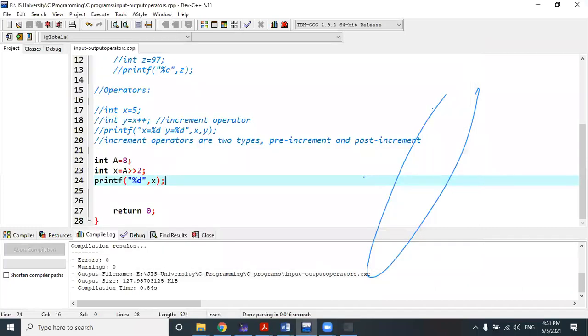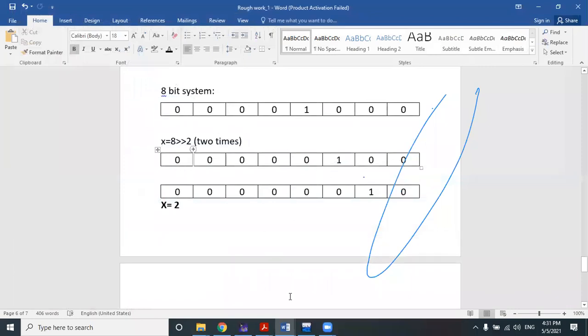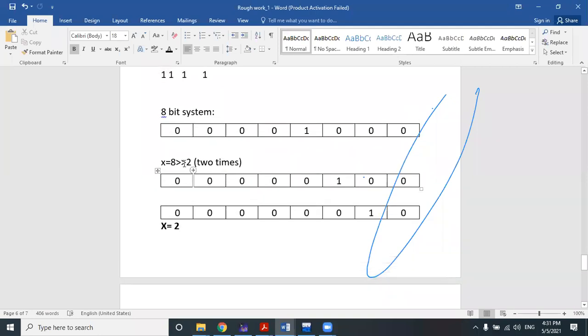Everyone clear? Did you understand? This is the actual logic happening at the memory location at the back end of the compiler. We didn't see it. The compiler does that same job for you, but the actual shifting happens in this way. Now, everyone tell me, what is the job of this? You tell me, I will write: 8 left shift 2, and what will be the value of x? It will shift to the left side, one bit at a time, and zeros will be added on the right. 2 times left shift.